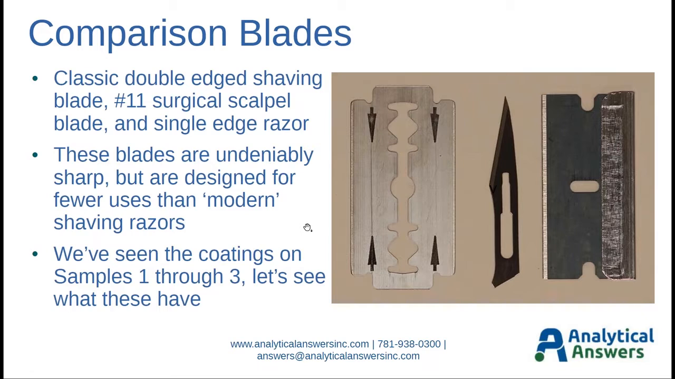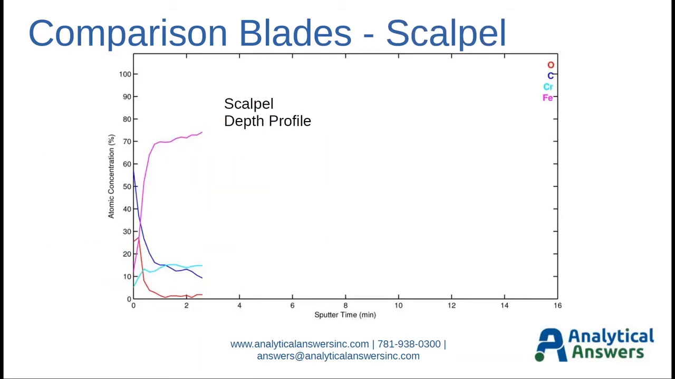So let's look at your classic double-edged shaving razor, and we'll look at a surgical scalpel, and we'll look at a single-edged razor. No one can deny that these are going to be extremely sharp blades, but they are typically designed for much fewer uses than your commercial shaving razor, and that's probably why they don't have advanced coatings on them. Maybe. Let's find out. So when we look at the depth profile of the scalpel, we can see that this